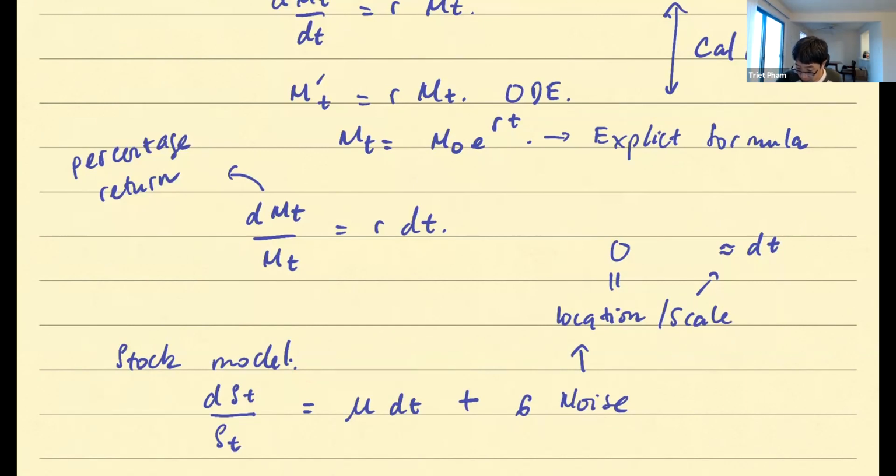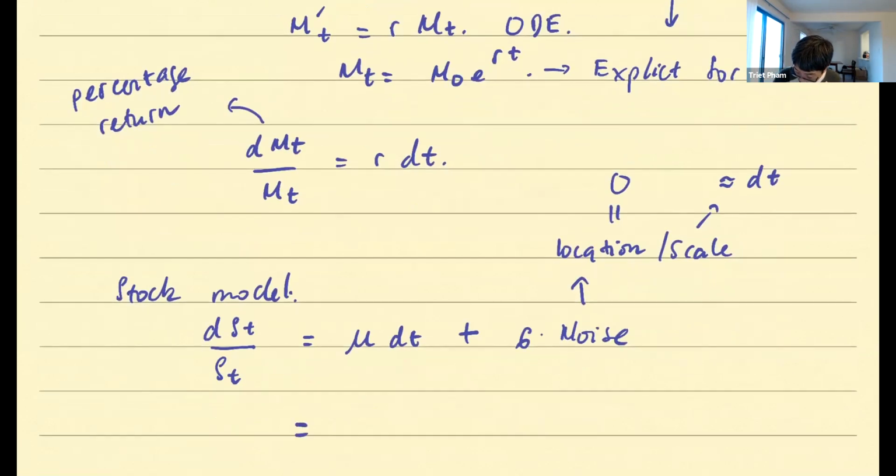So that's that, sigma times that. Okay, but then what is a good choice for this noise? Well, you see, it's no secret that it is denoted as dW_t. Again, you want to go back and try to understand, with my understanding of dW_t, why does this make sense as a model for the noise?